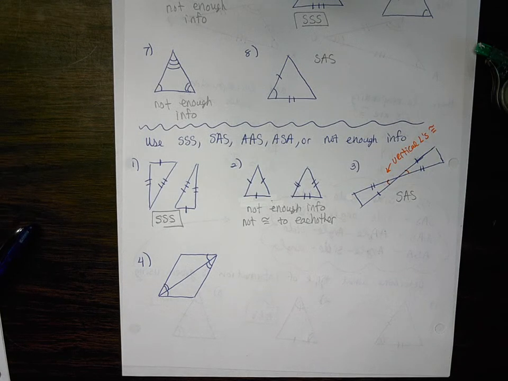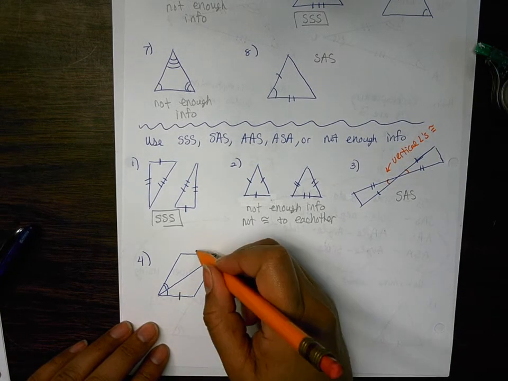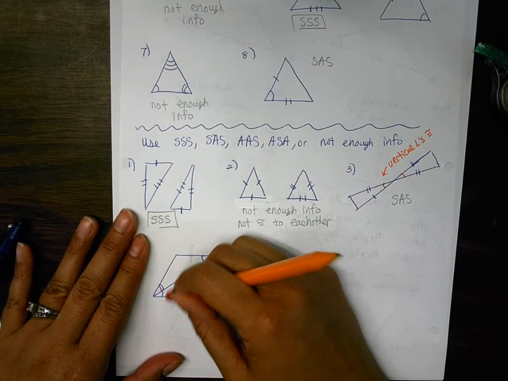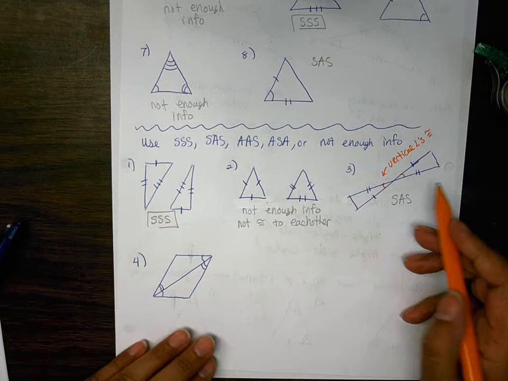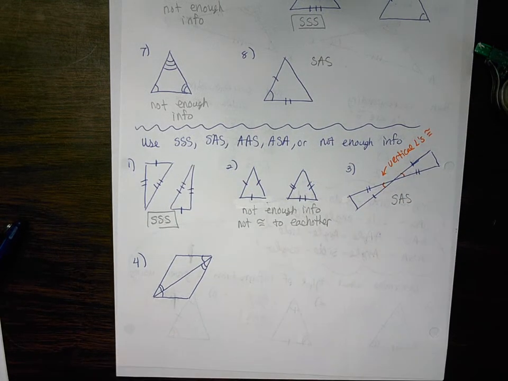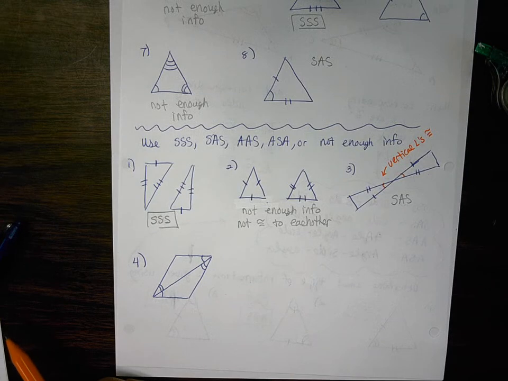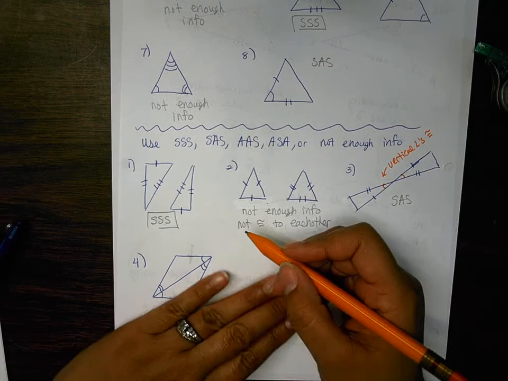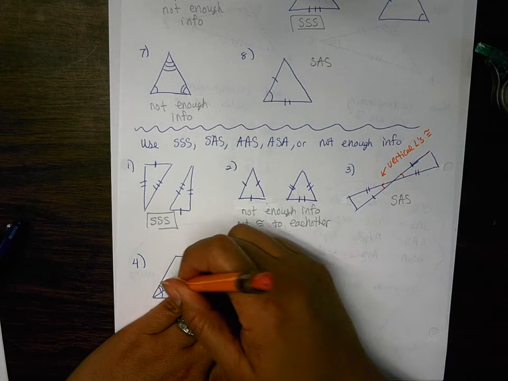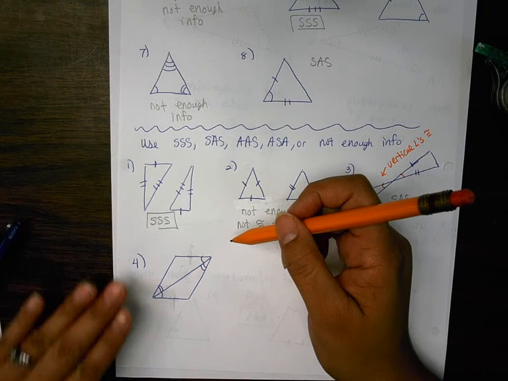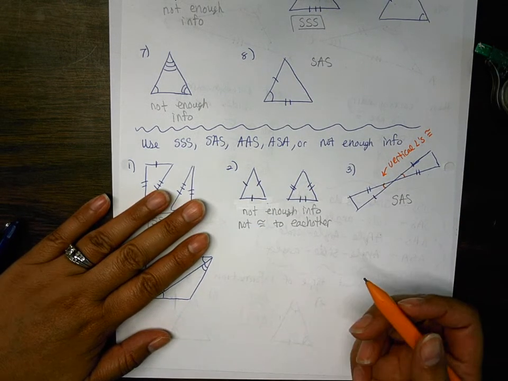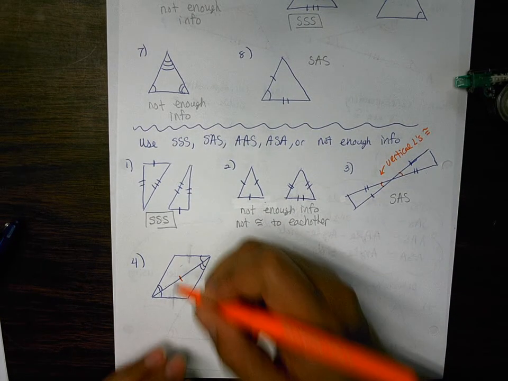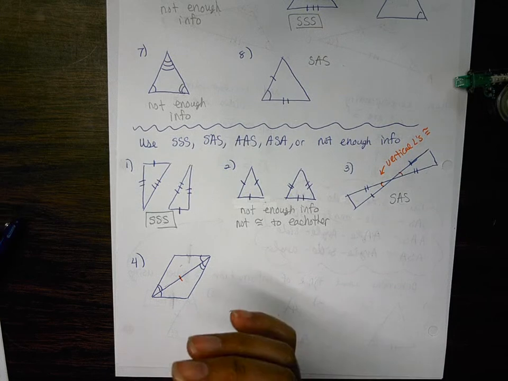Now, because I want to, and I'm like, oh, I need side markings, is it okay if I just did something like that? No, I can't just throw side markings in just because I feel like it. But there are times where I can, for example, like those angle markings I was allowed to do. Is there a side the two triangles share? Do they share this diagonal? So can I say that this long side here for the top triangle is the same length as the long side here for the bottom triangle? Yes or no? So can I put a marking in there and say that it's congruent right there? Yes. That is called the